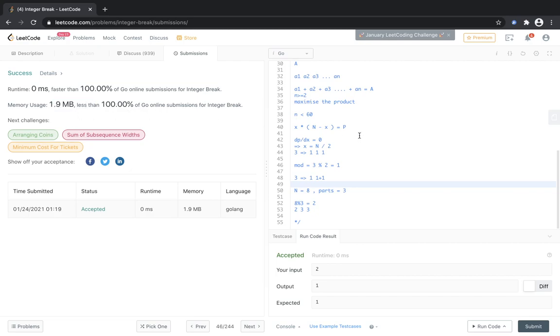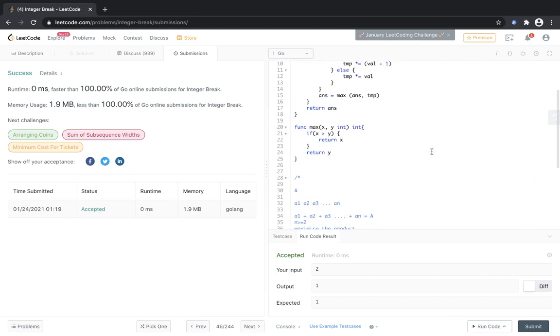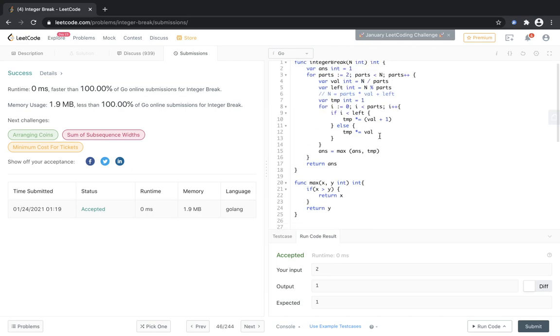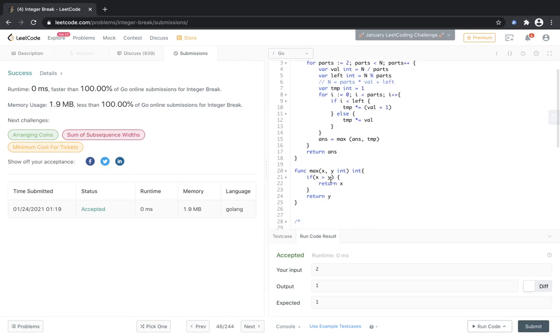And one more thing that we can learn here is writing a variadic function in Golang. So let's say that we have this. What does it mean? It means that now our function can take any number of arguments. So we can just do it like this, max of 1, 2.